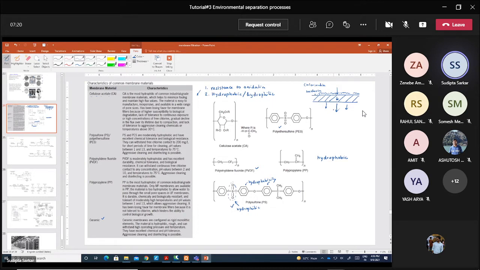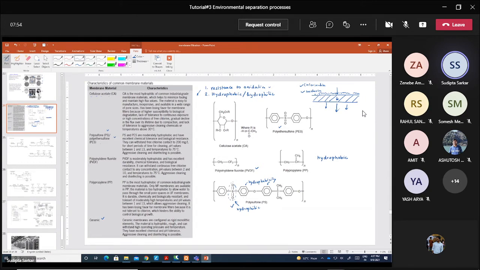But most of the time, hydrophilic membranes are also liable to bacterial attack, and they can also be very easily oxidized. So we need some kind of membrane which has some hydrophobic nature as well as resistance to oxidation. For this, we also have polysulfone and polyether sulfone membranes, where there is a